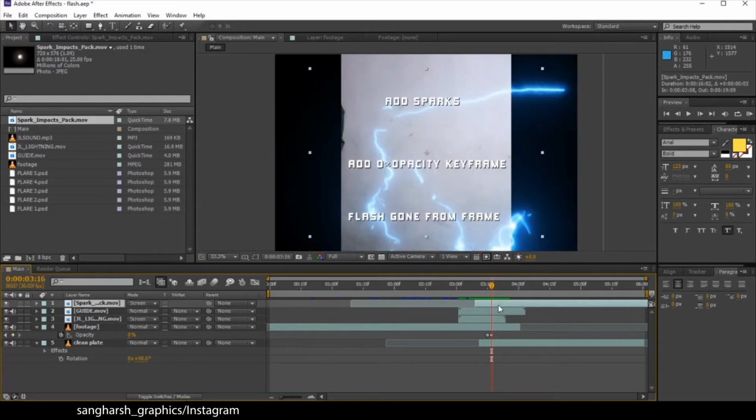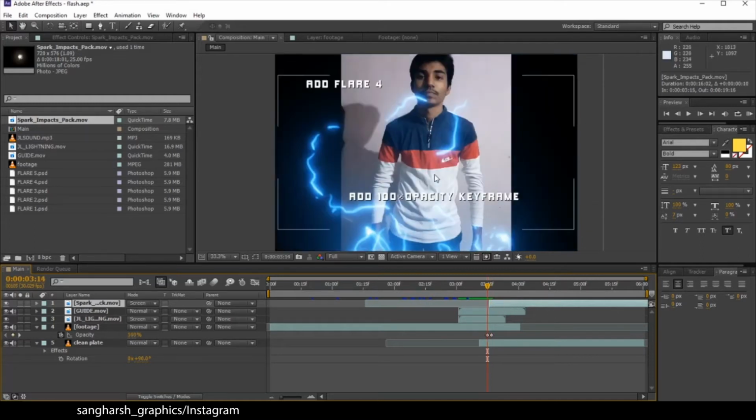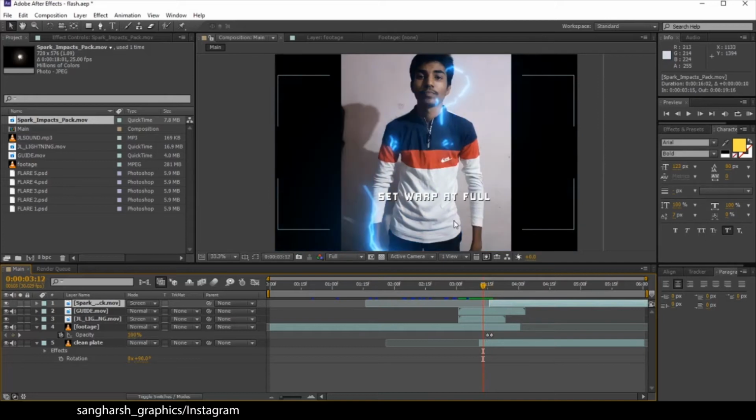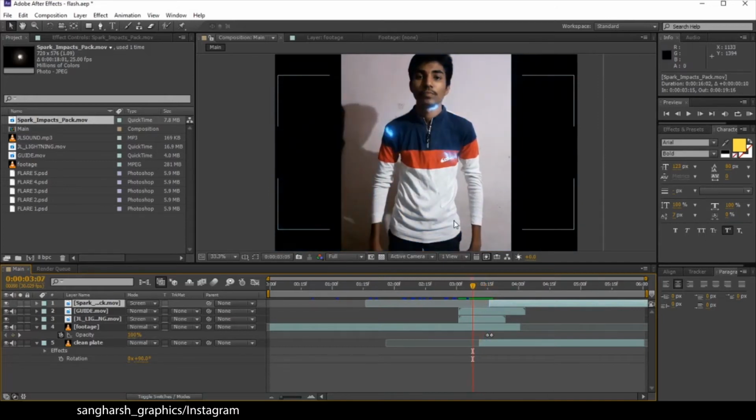Here is the add spark. Let's add it here. Let's add it in some more positions.